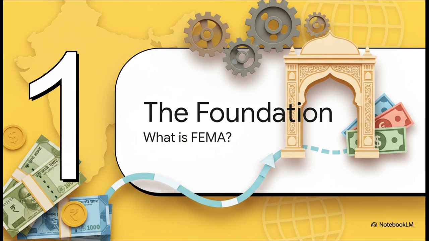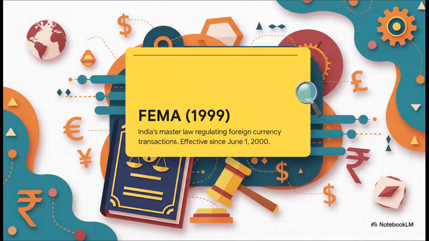Okay, so before we get into the nitty-gritty, the dollars and cents, we have to start at square one. And square one is the single, really powerful law that governs every single rupee that moves across India's borders. It's called FEMA. Just think of FEMA as the official rulebook, the Foreign Exchange Management Act. It's the master law for everything related to foreign money in India. It's been around since the year 2000, and trust me, getting a handle on this is the most important first